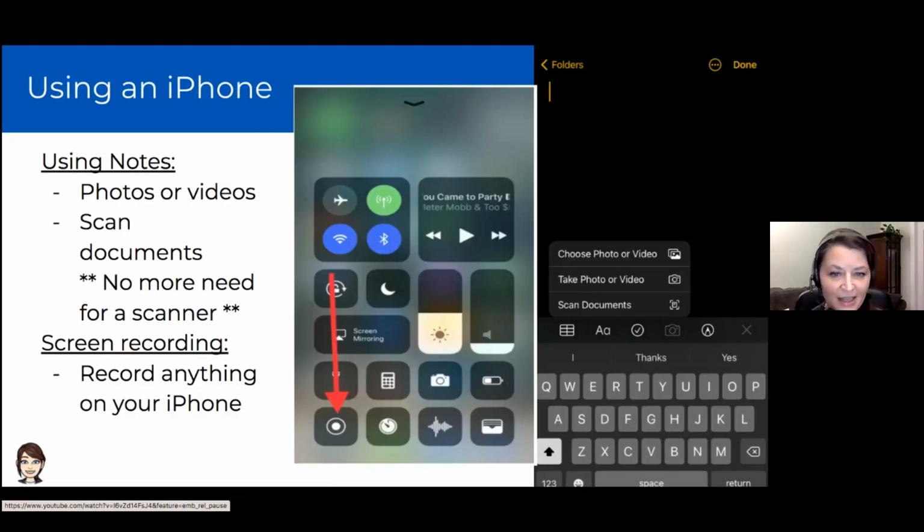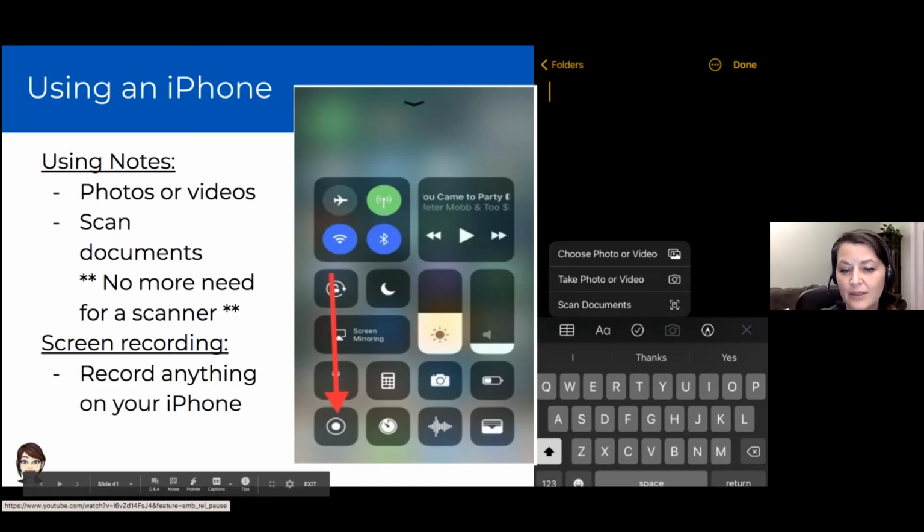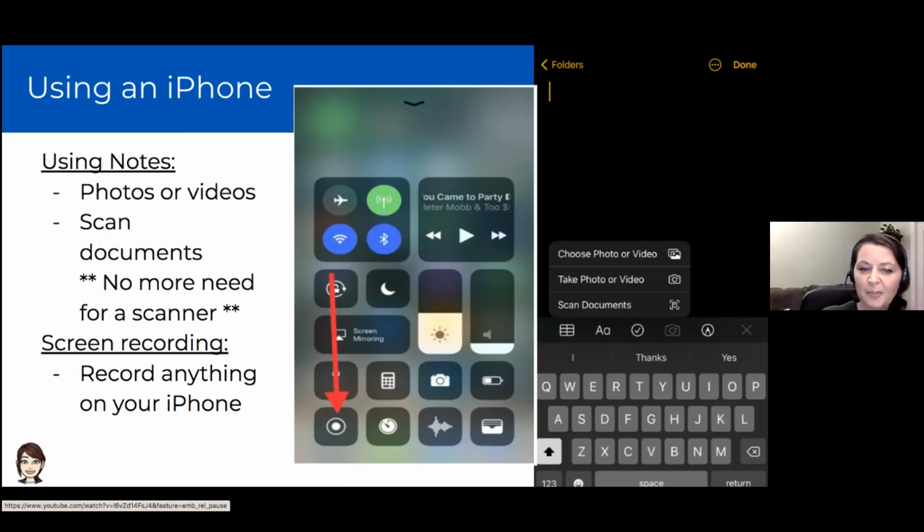Same thing on an iPhone. Make sure you enable, like they just did in that little video clip, the screen recorder. It looks like this. It's red and white on an iPad. And you can literally record anything on the phone, any app that you're using, any photo camera, whatever you need to do. And you don't need a scanner or anything else. You can just click on that. And then once you're finished, it'll save it to your photos or your videos. And it's super duper handy. You can really record just about anything with it.